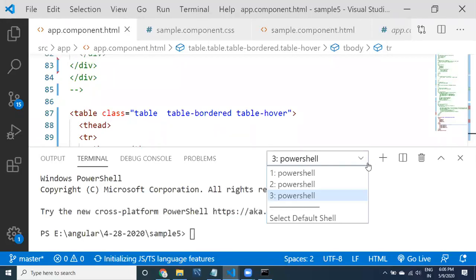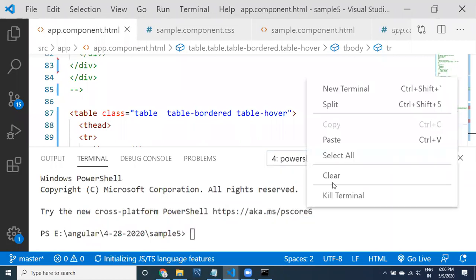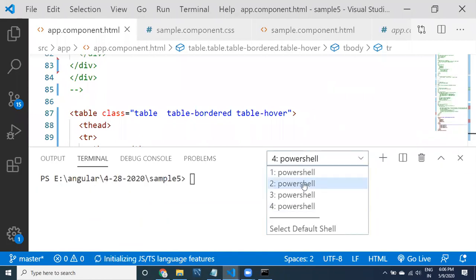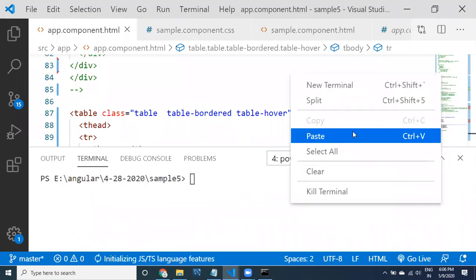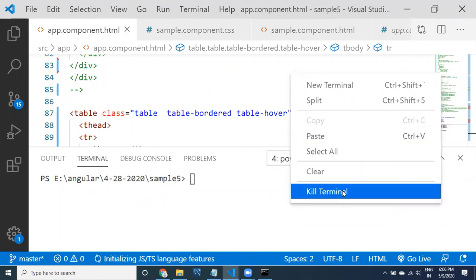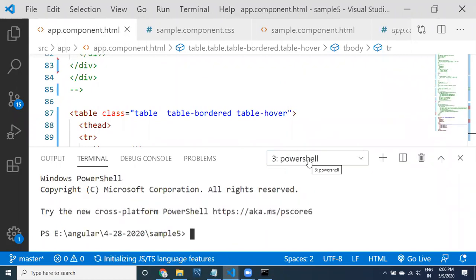See here guys, I clicked this plus multiple times, and I got 3 PowerShells. If you click another one, 4 PowerShells are there. You can right click on that and say kill terminal.